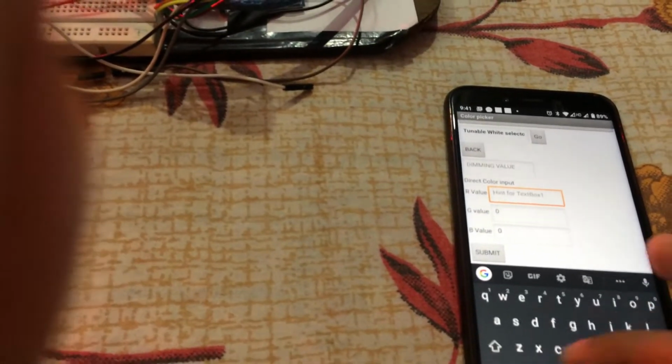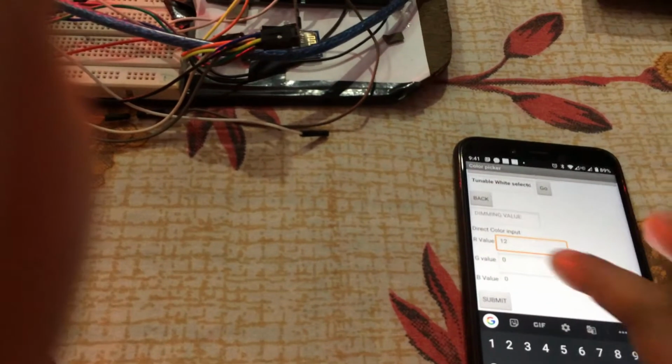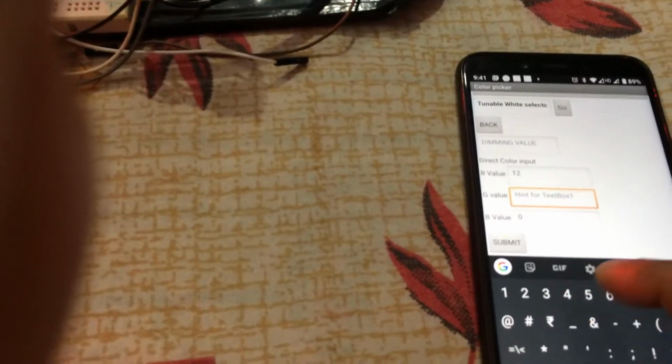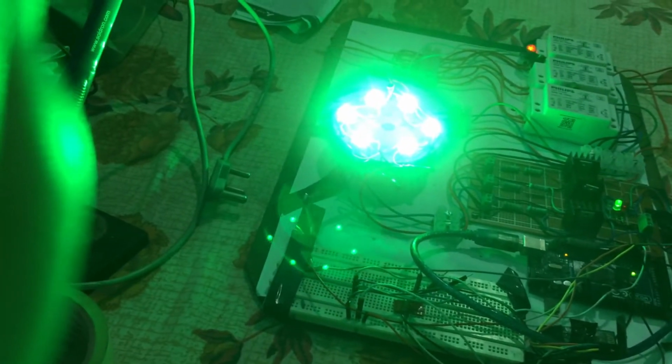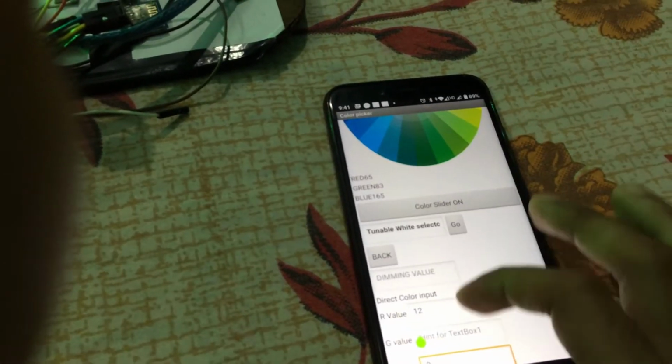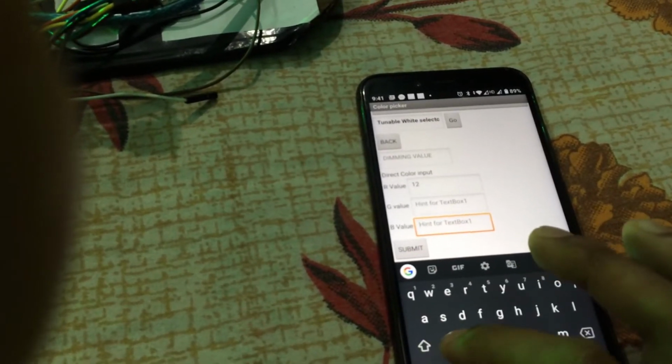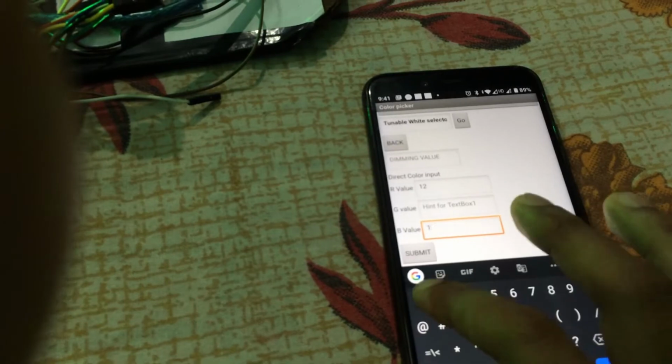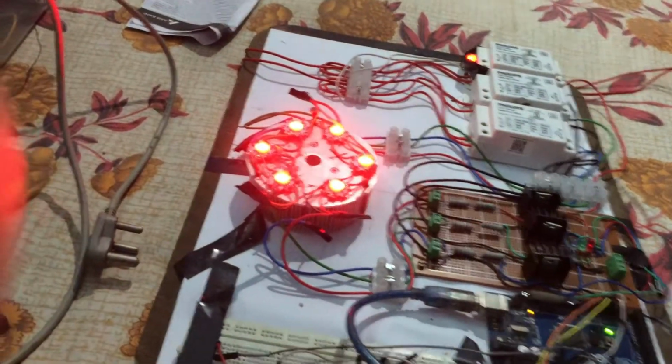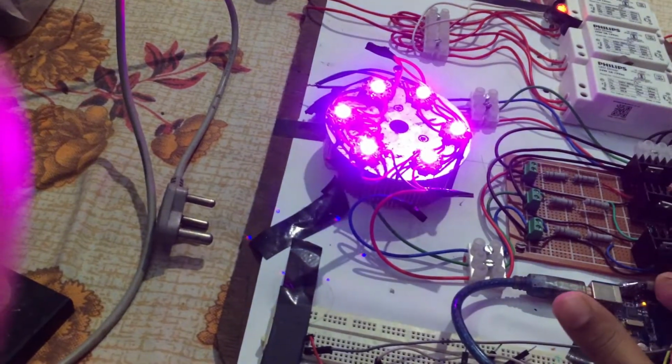If I go for a very low value for red and green at maximum, we can have a value like this, with only red at minimum, or say blue at minimum as well. So this is red 12 and blue 12.